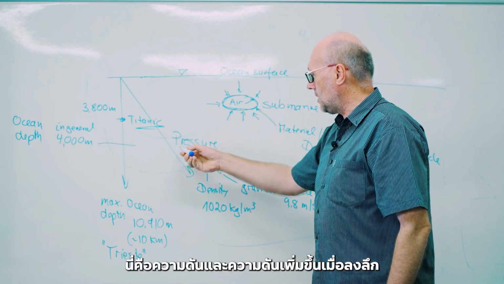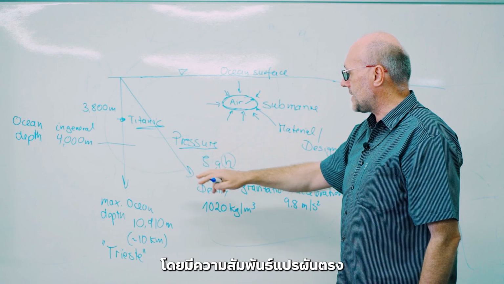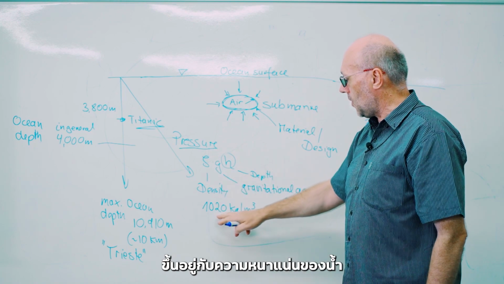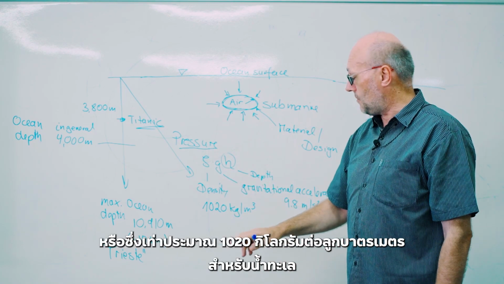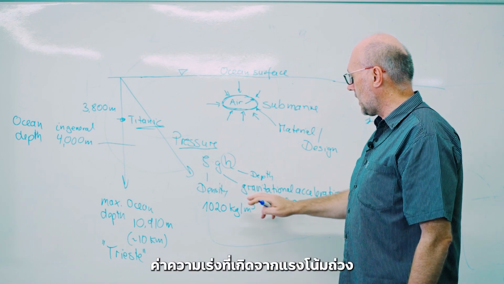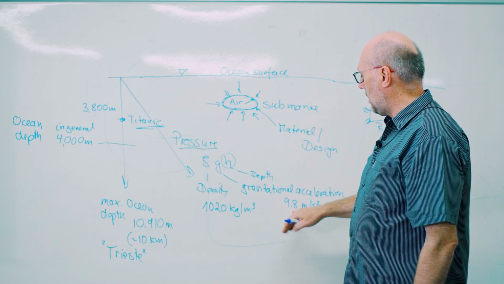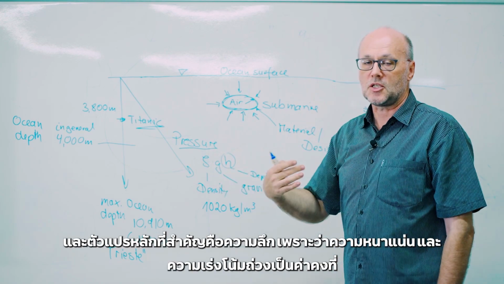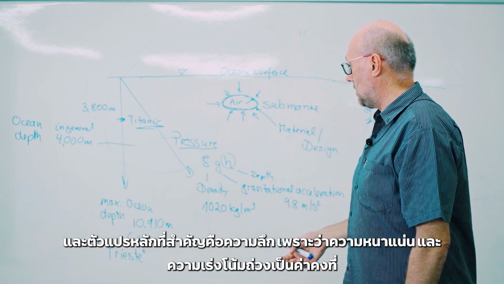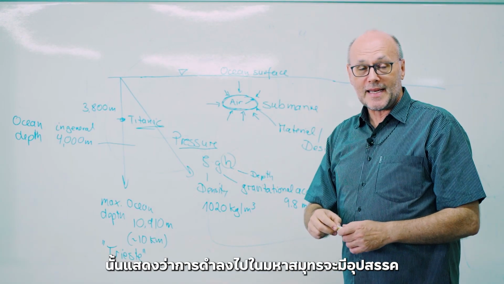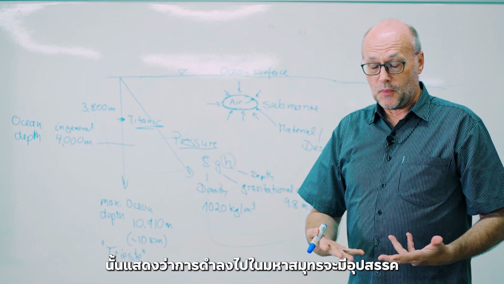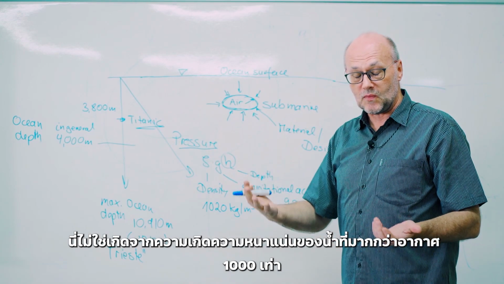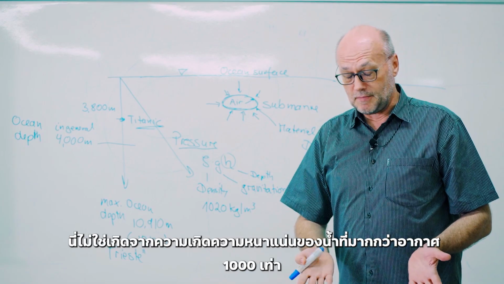This is our pressure. And the pressure increases with depth in a relatively linear way, depending on the density of the water, which is about 1,020 kilogram per cubic meter for salt water, our gravitational acceleration, and our depth. And so here the main parameter is the depth, because density and g are constant in our equation. So that makes going down into the ocean a difficult problem, because the pressure increases significantly. The density of water is 1,000 times more than that of air.